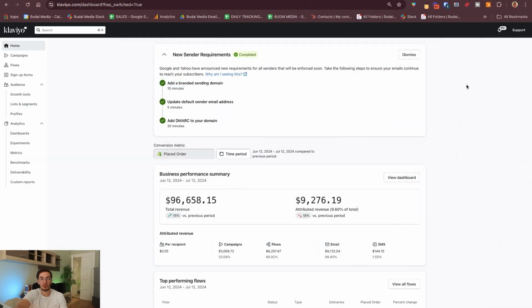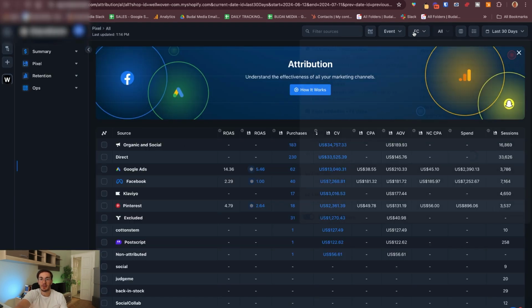Okay, so now I want to show you a couple of real examples of real Shopify and e-commerce stores, and what the difference is between Klaviyo and a tool like Triple Whale. This store generated $96,000 in the last 30 days, and around $9,000 is from email marketing, so 9% of their revenue. This is the default 5-day open attribution model of Klaviyo. But if I go to Triple Whale and click the first click attribution model, we will see that Klaviyo is only at $3,000 revenue from email marketing and only 17